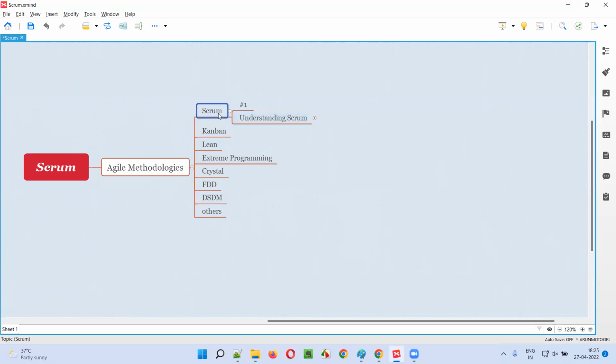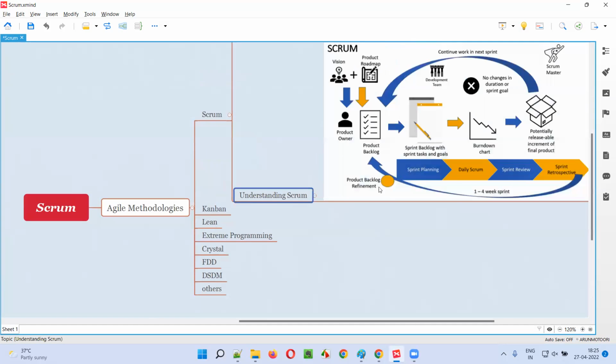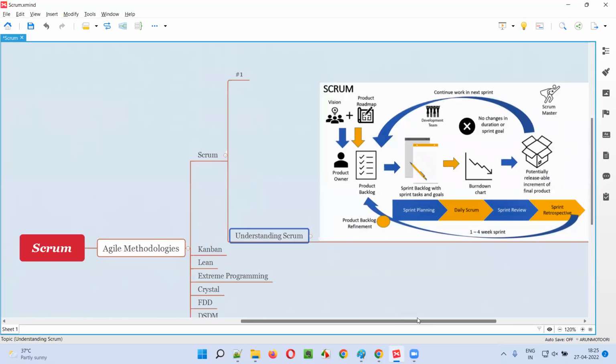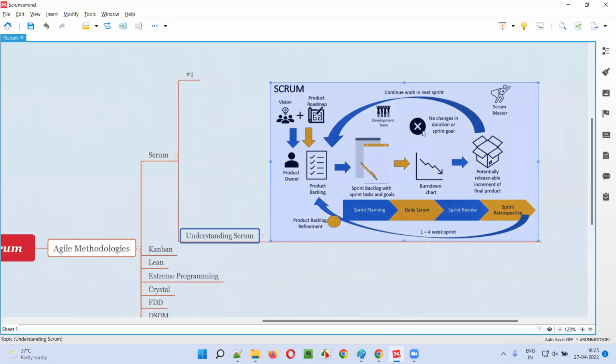Fine. So now let's understand in this session. This session is all about agile Scrum methodology. Let me make you understand Scrum. You will see a diagram here, and I'm going to explain this diagram for you. Though it looks complex here, it's very simple to understand Scrum. So let's get started.